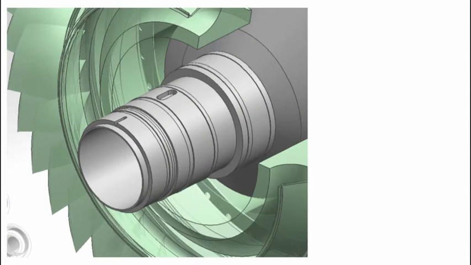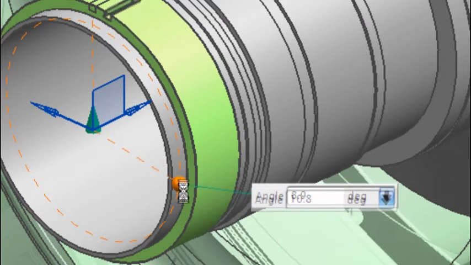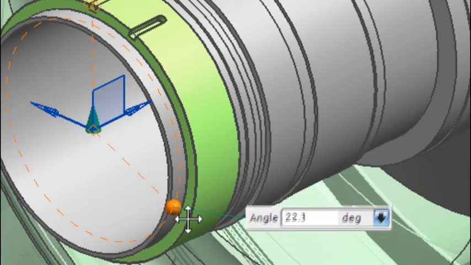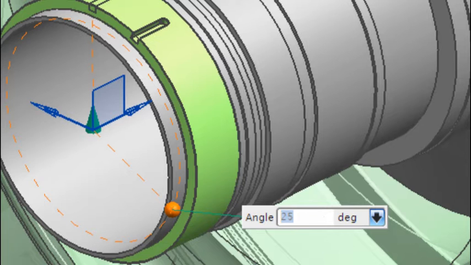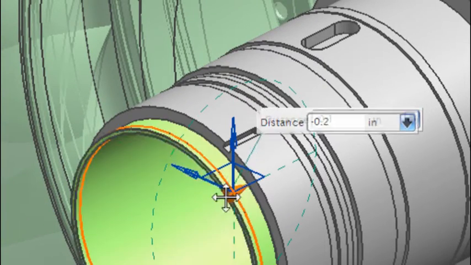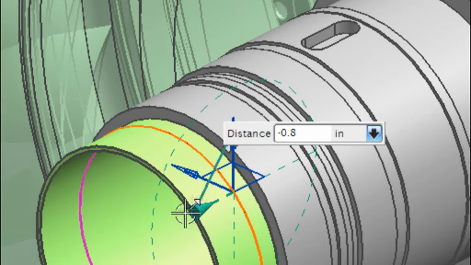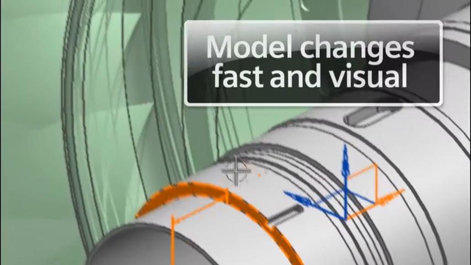In this gas turbine assembly, we have been asked to make a number of changes to the main shaft. In conventional history-based models, this would require an understanding of the construction approach. Synchronous Technology removes the need to understand the way a part was designed. Simply selecting what needs to change and to change it, rotating with simple pick and drag options, making model changes